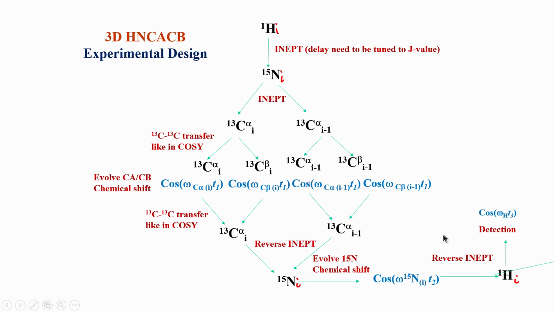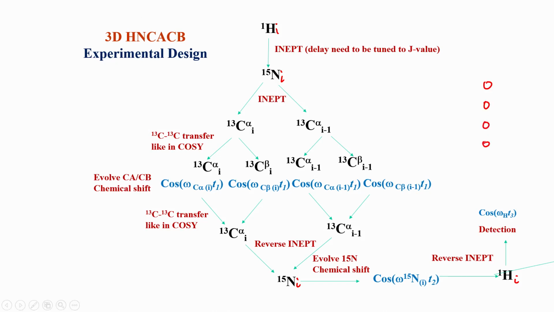So you see we are now correlating many chemical shifts. Let us see this carefully. Each pathway is one type of chemical shift correlation. Let us start from the leftmost pathway, which is flowing like this arrow is showing, and in this pathway we correlate the amide proton, nitrogen, and C alpha chemical shifts. So this is one peak. The second peak is this combination. The third peak is this combination, this amide proton correlated with this nitrogen to C alpha minus 1. Then finally, C beta minus 1 and N I and H I. So this is what I showed you as 4 different peaks.